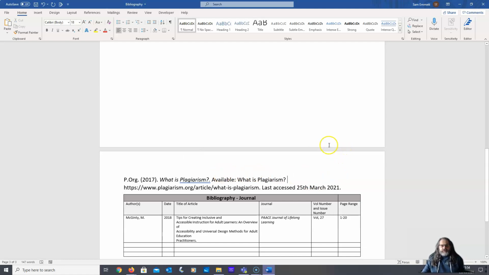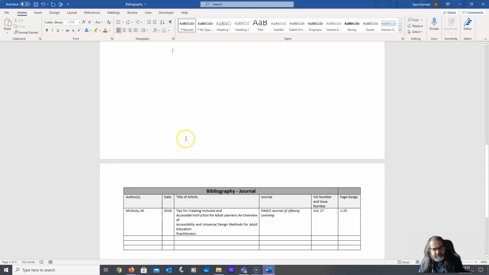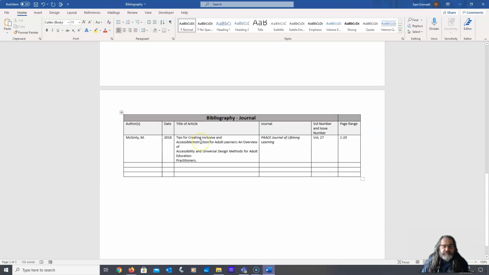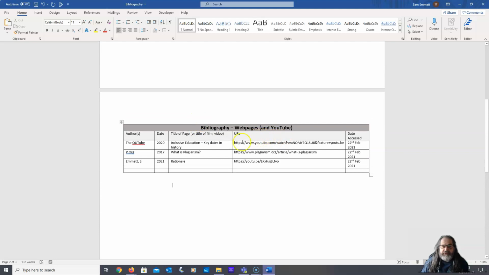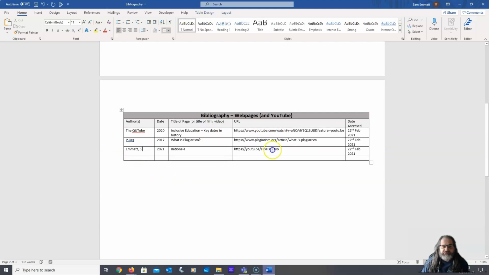And that's absolutely fine. The important thing here is last accessed, and this is why I don't like it, because what it should have here is available from or at. Available at, there's the website, last accessed. Okay, but to be brutally honest, you don't really need it, because this is going to basically do it for you. So if I just take this one here, I'll just be a bit smarmy and use one of my own here. So author, the date